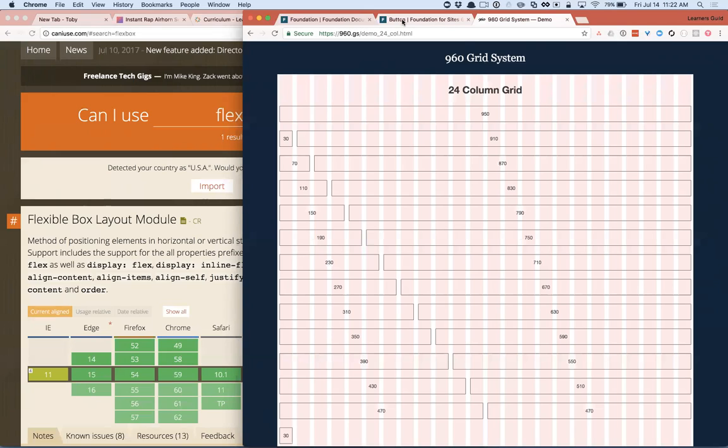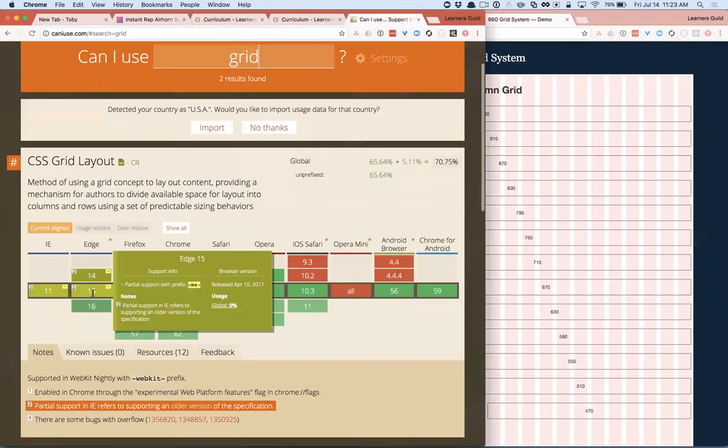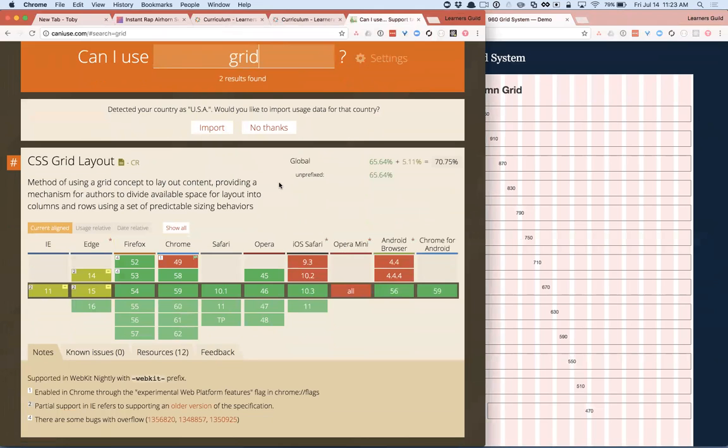I have to double check the thing that I read then. Yeah, okay. I'm happy to look at that thing too if you want to send it to me. I know because I was working on this like 2 or 3 days ago. Just like you can set display to flex, you can also set display to grid. Oh, there's a built-in grid system? Okay. Is it supported? It's pretty supported. It's a little broken in Microsoft's latest browser, but it looks well supported.